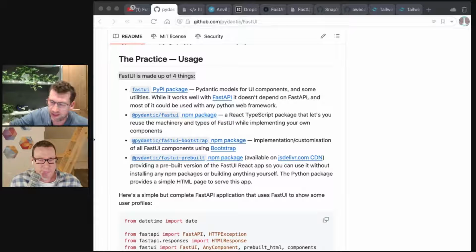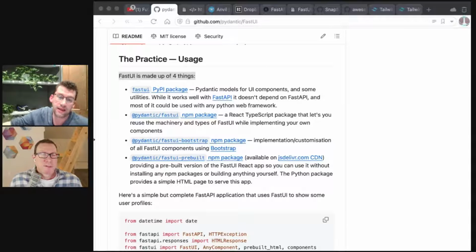But obviously, we don't want to end up using a vanilla button when we come to display it. So I've implemented basically customization of the FastUI React library using Bootstrap. All that's really doing is deciding what classes to append to each component, and also customizing a few of them. For example, modal: there's no nice way to do a vanilla modal. So the modal implementation in the default FastUI npm package just shows me alerts saying this isn't implemented, whereas the Bootstrap one uses a nice Bootstrap modal.